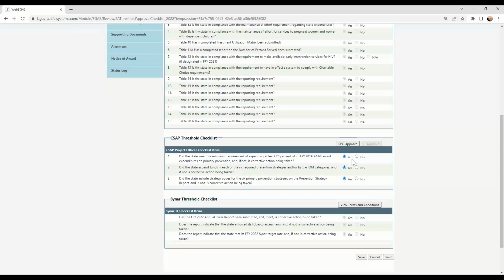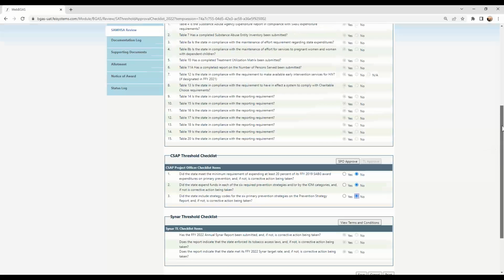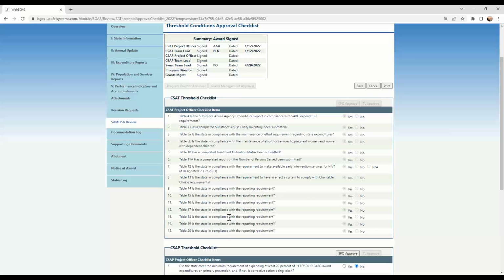So for example, these answers come from the CSAP checklist, all the yes answers to these questions. And if you now go into the CSAP checklist and change the answers to any of these questions, it will not reflect back into the threshold conditions checklist. But you can change the answers on this checklist until it is approved. So in this case, the CSAT part of the checklist is already approved. As you can see, it's already been signed off and dated. And now